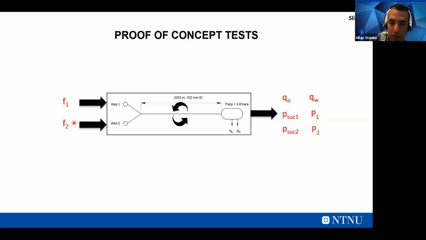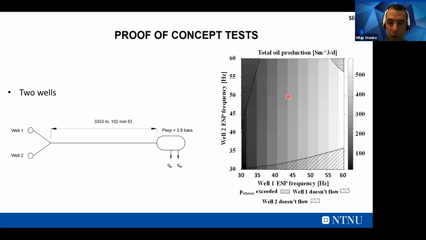And then I can inspect these solutions. I can see how they look. So this plot is shown on the right, and on the x-axis is the frequency of well 1, changing from 30 to 60, and the frequency of well 2 changing from 30 to 60 also. The color code, I should have used color, I have two versions, but I used the black and white. But this shows the amount of oil that is produced, the total oil production. And you see that one well has much more effect than the other,